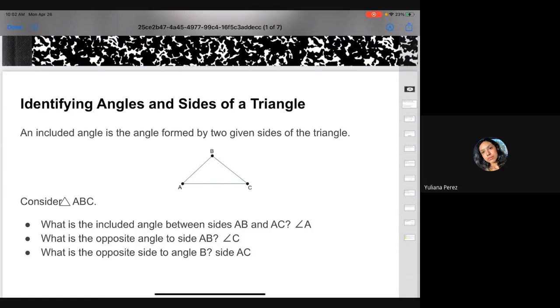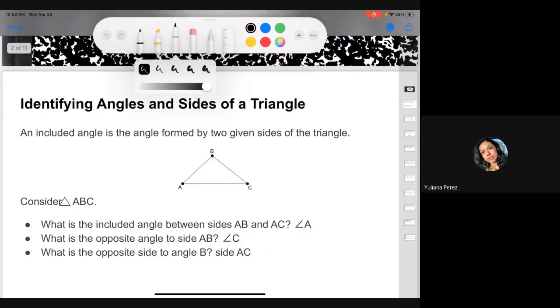An included angle is an angle formed by two given sides in a triangle. So, for example,